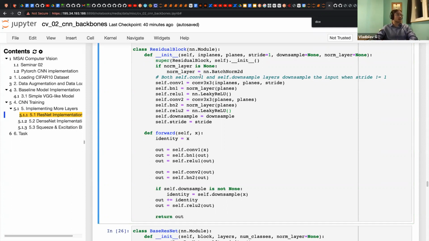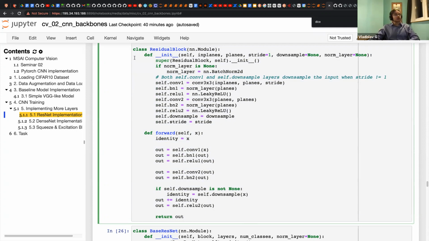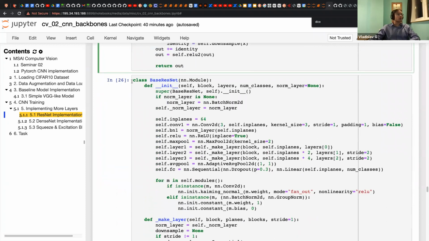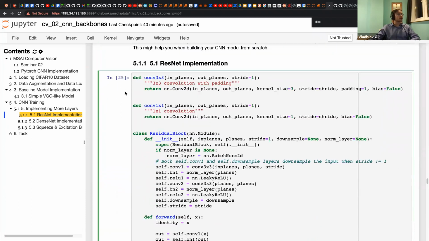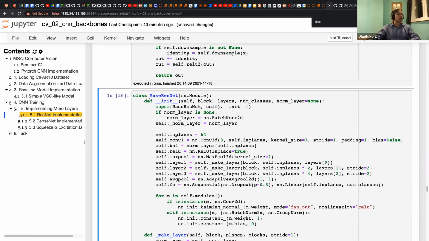Okay. Here is a residual block, and it is already kind of complex. It's a medium complex class. And here I will run it to have it. Here we have base ResNet, like a simple ResNet. Then what do we have here?